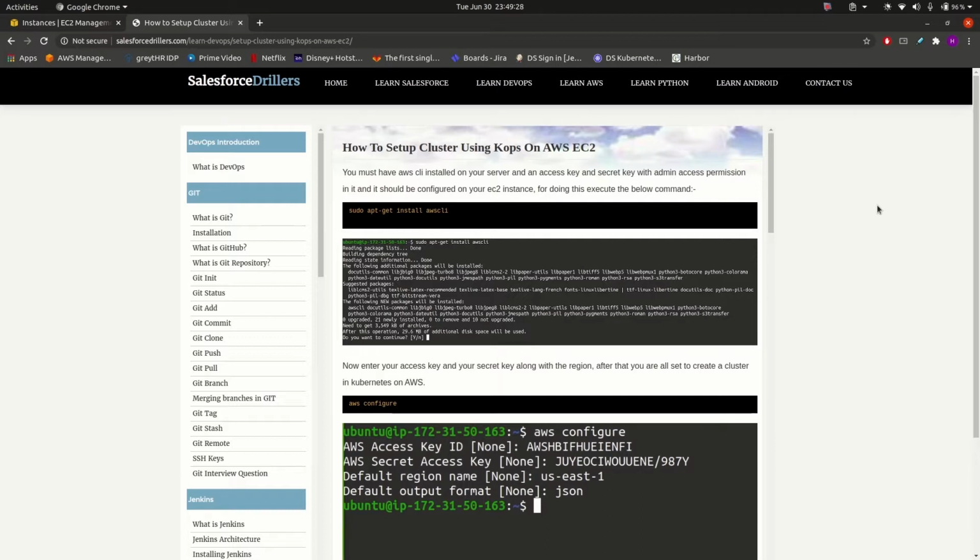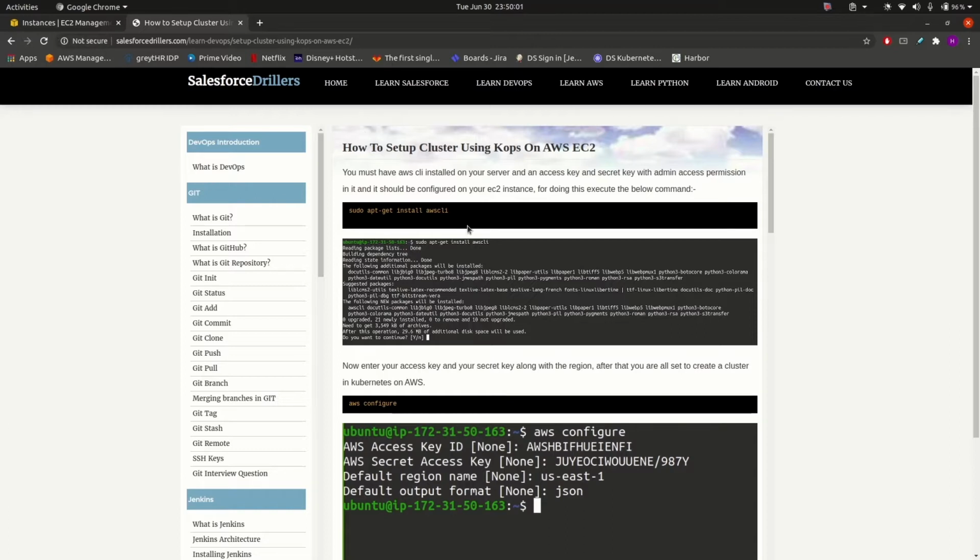For setting up the cluster, there are some prerequisites. First of all, I should have AWS CLI configured, so that with the help of the configured user, Kubernetes should be able to access the policies, or I can say the permissions, for creating the clusters. Permissions like EC2, VPC, and Route 53, all these permissions. So I will be giving the admin permissions so that Kubernetes should pick up the permissions on its own.